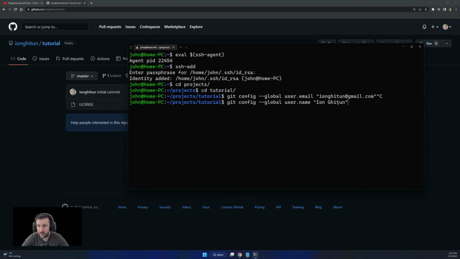Those two commands need to be added so you can identify yourself within Git. These should be the Git credentials for whenever you commit and push code. If you search here, it will show whoever did that commit.